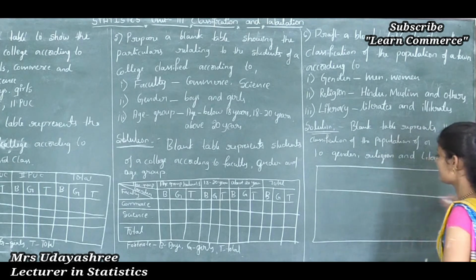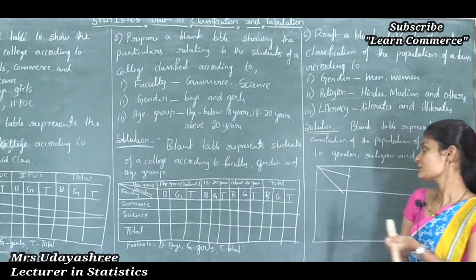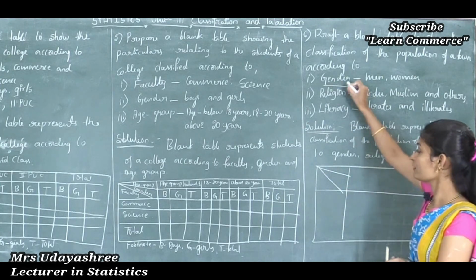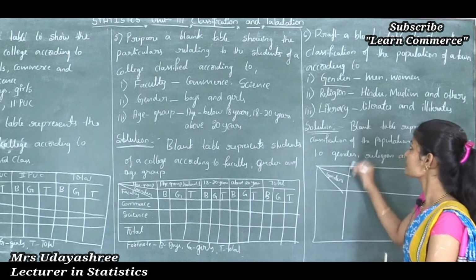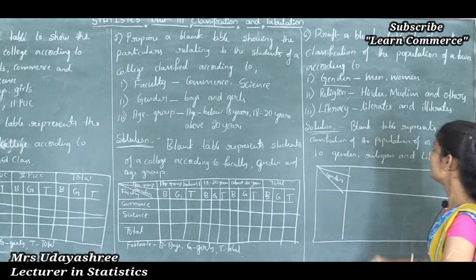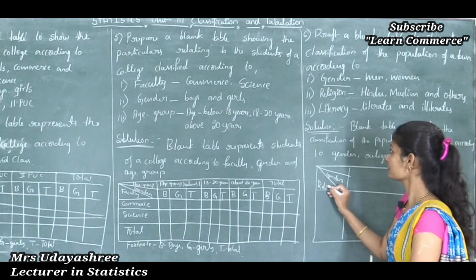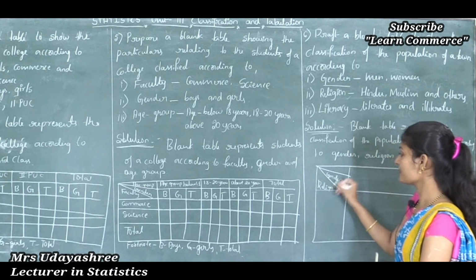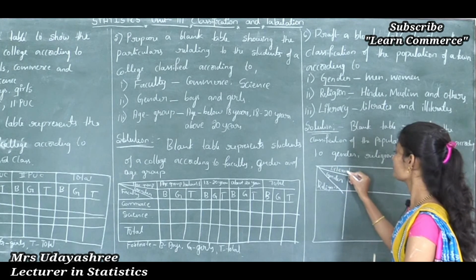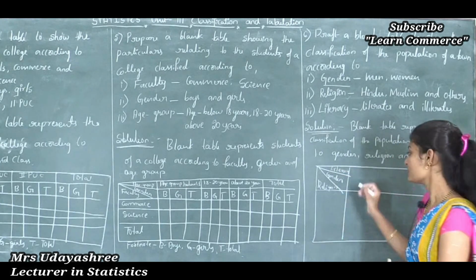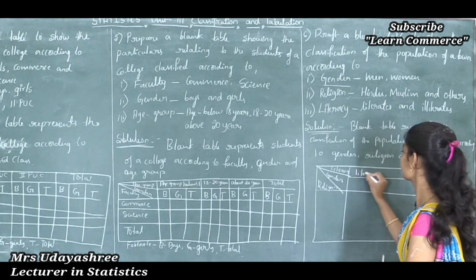So here there are 3 classified characteristics, therefore I will divide this cell like this. So see, here gender is there, therefore I will write gender in the middle column. Next here religion and literacy are there, so here I will write religion. You can write this one here also, and here I will write literacy. You can write literacy here also. So what are the literacies? That is literates and illiterates.